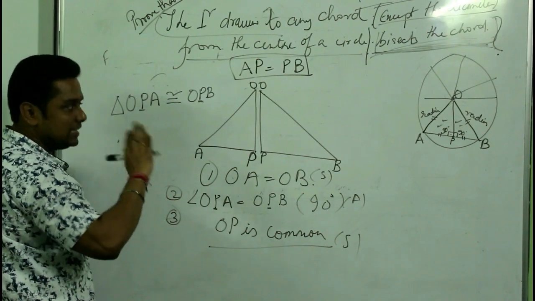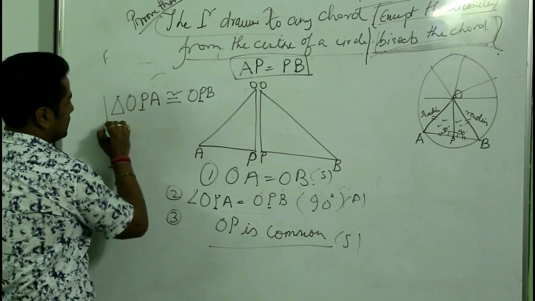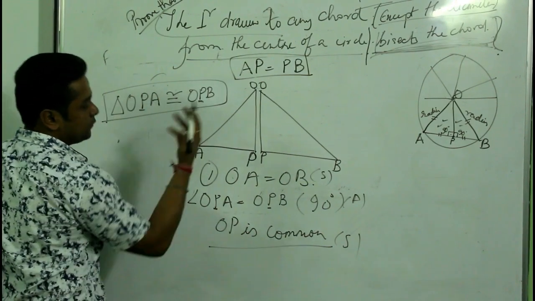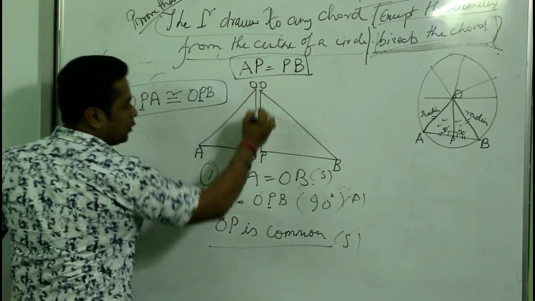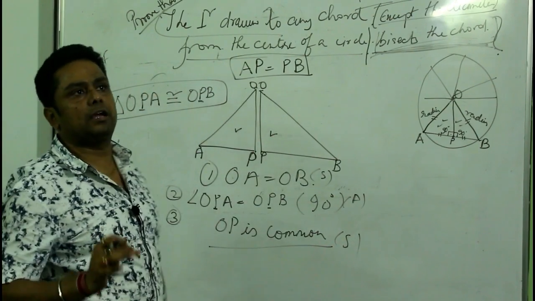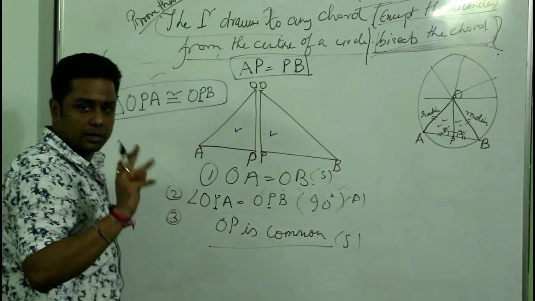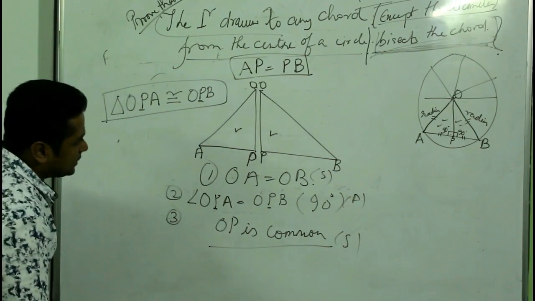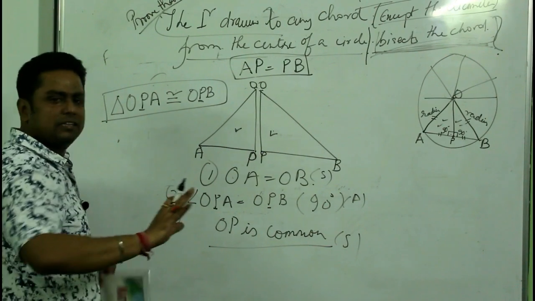These things I'll teach in congruency separately. Let me finish at least the theorems first, then you will understand. So we found that triangle OPA is congruent to triangle OPB. These are congruent triangles, meaning equal triangles. Now our theorem is about to end in 2 minutes. Raj, we have 2 minutes there? Okay. That means I can say if these two triangles are equal, then beta is equal, everything is equal.